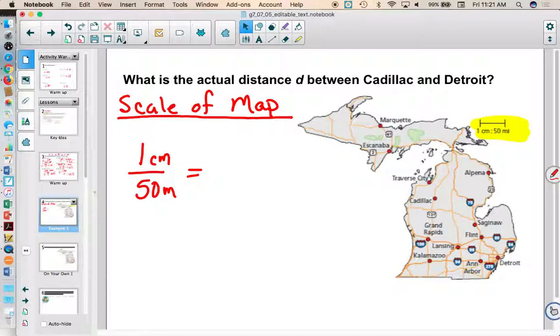3 and 2/10 is what I got. I got a 3 and 2/10. What do you get? I got 3 and 2/10. 3 2/10 is what most people are getting. So if I have 3 2/10 centimeters,